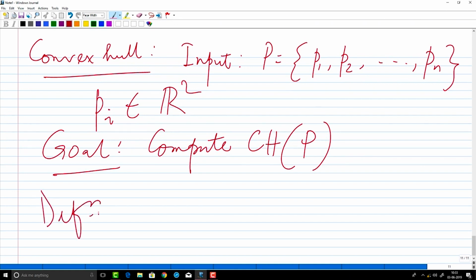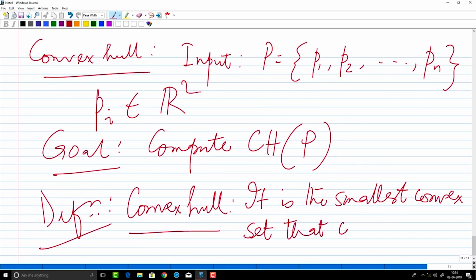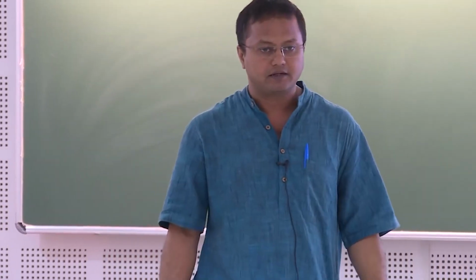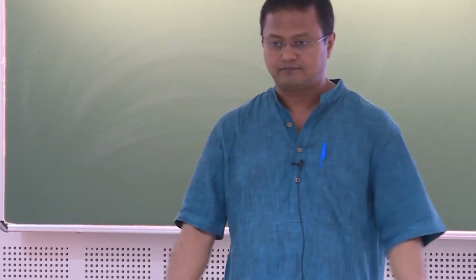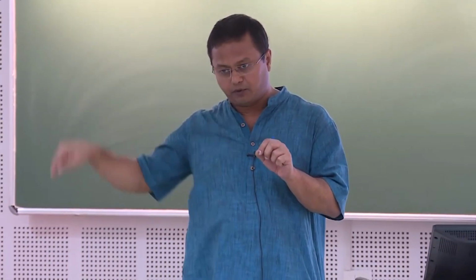So, what is the definition? The definition of convex hull is the smallest convex set that contains P. So, look at all convex sets that contain P, take their intersection, and you have the convex hull, right, and one can show that this would be the minimum perimeter polygon that encloses